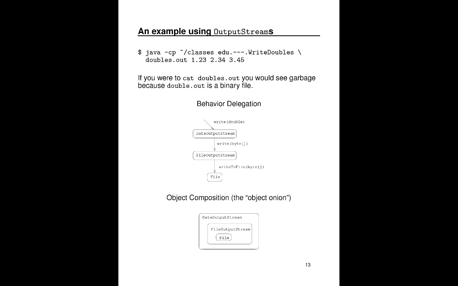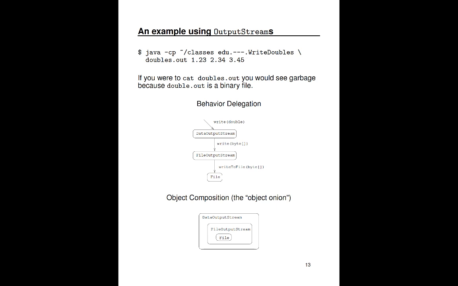see that it's binary, right? It's garbage. There's nothing printable there because what you wrote was double values, the binary values of those doubles. While this isn't human readable, it's also perfectly machine readable and it's very compact. So beyond demonstrating how to use these Java I/O APIs to write doubles to a file, this example shows some